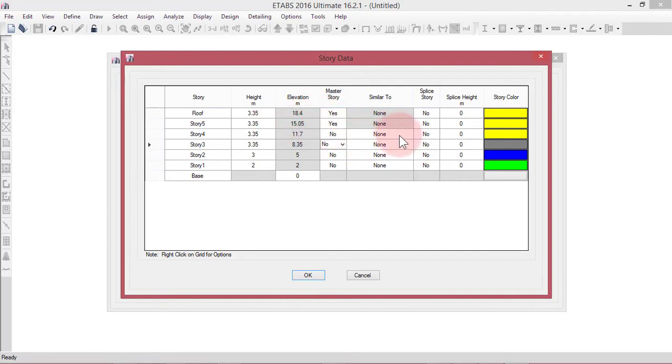So the story 4, here you can make it similar to story 5. So now we can make story 4 similar to story 5, and story 3. All these stories are similar to story 5.